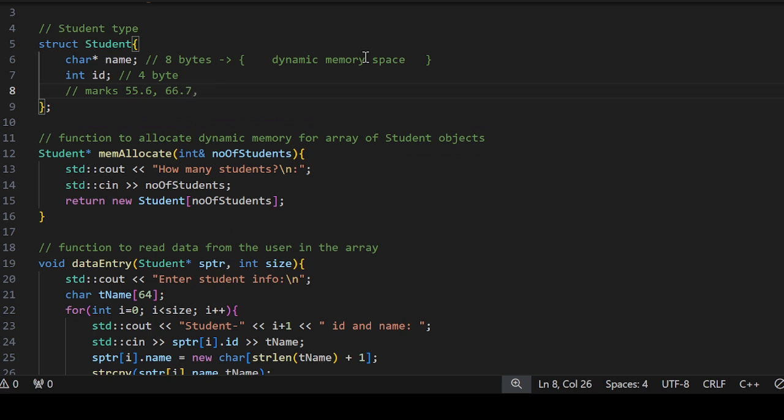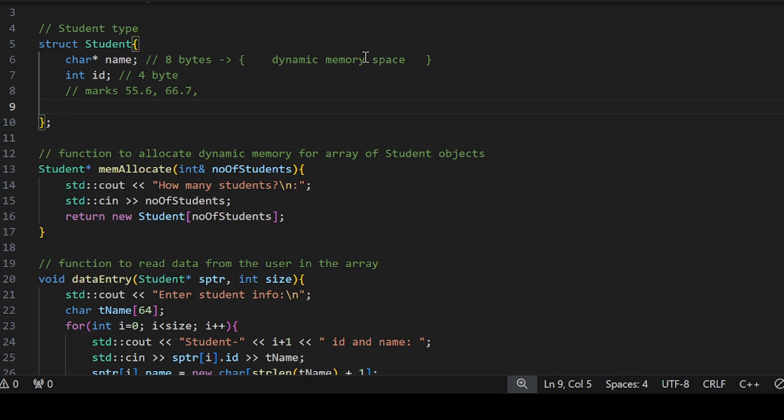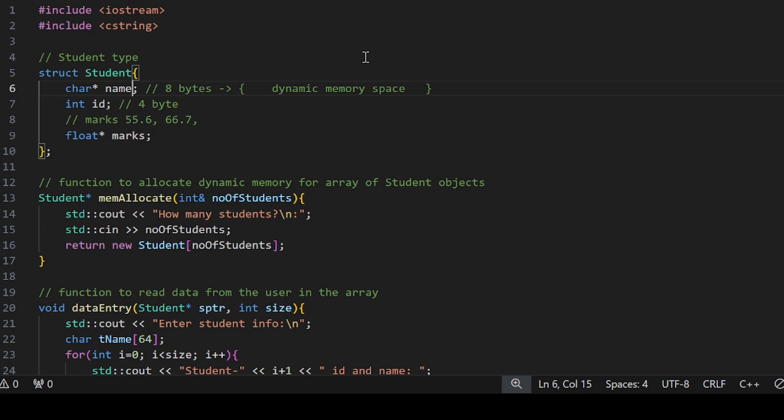So we want to store marks in a floating point type dynamic array. So we need to have a pointer, and unlike in the case of the character array or string, we need to also keep track of how many elements are there in the dynamic array. The marks will be stored in a dynamic array in this format,